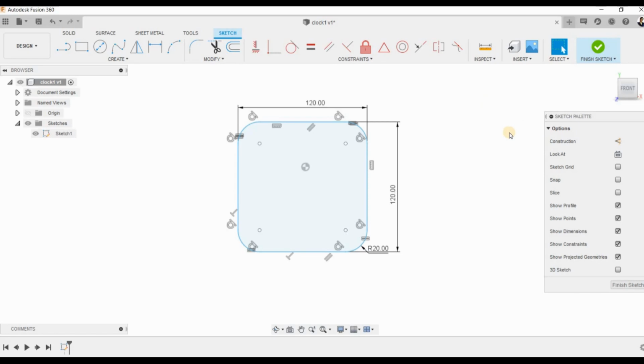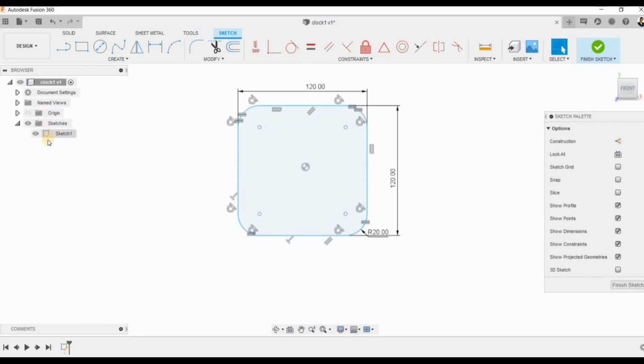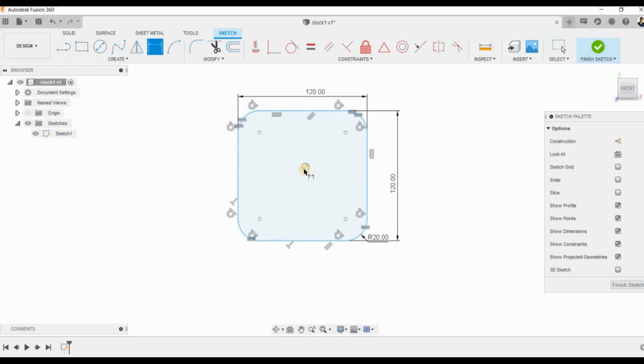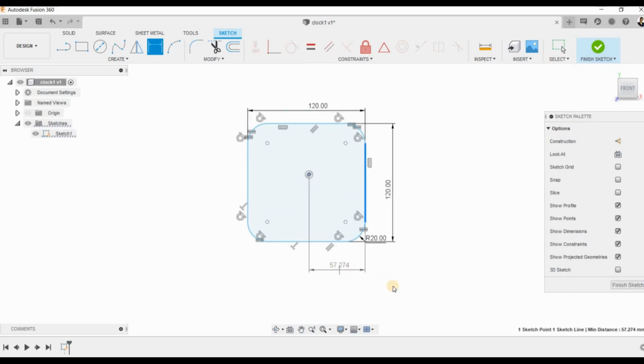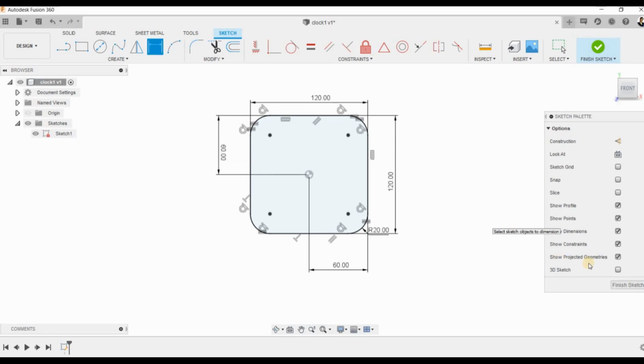Now we do not yet get the fully constrained symbol. Otherwise, we would have completely got this as a black sketch and we also have not got this lock. So now I'm going to give the dimension from the origin. For that, I'll select this point and this point. Now this should be half of 120. Instead of calculating, I can say it is 120 divided by 2. Similarly, here also I can give it that way or I can directly give it as 60. So now you have got this lock symbol,